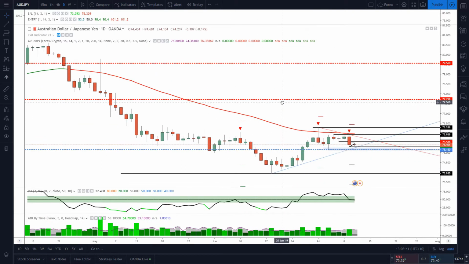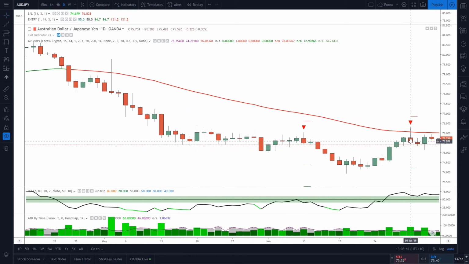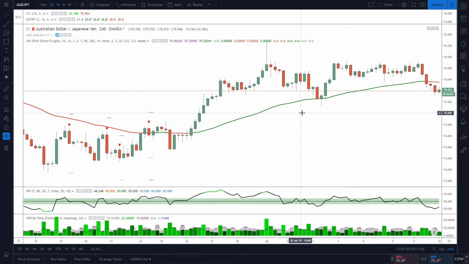And so not only is the bearish trend intact, but we've also had a large pin bar rejection, a shooting star candle rejection off this 50-day moving average and this 76 even handle number. And since then, if we drop down to the 4-hour chart, you can see